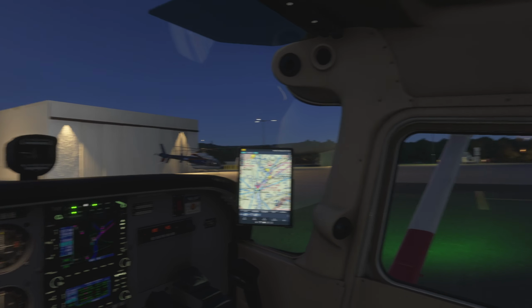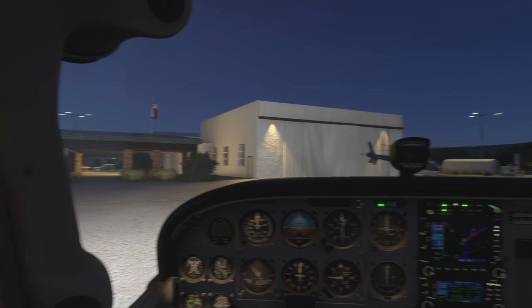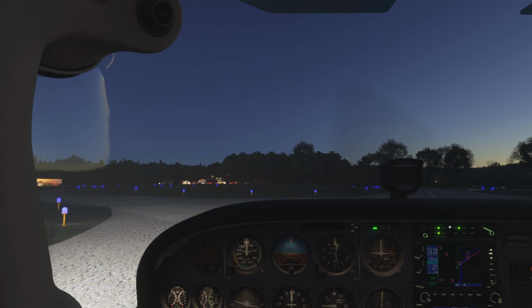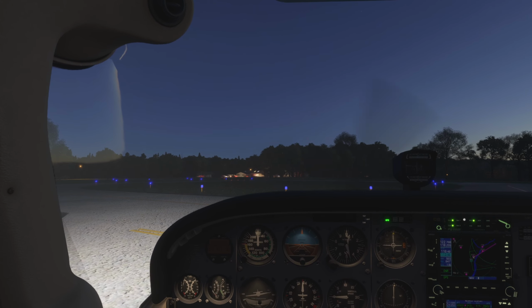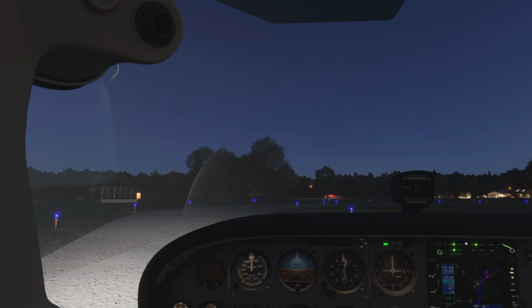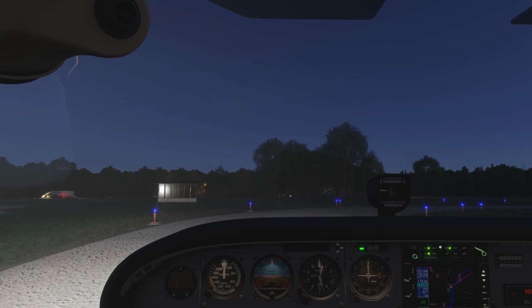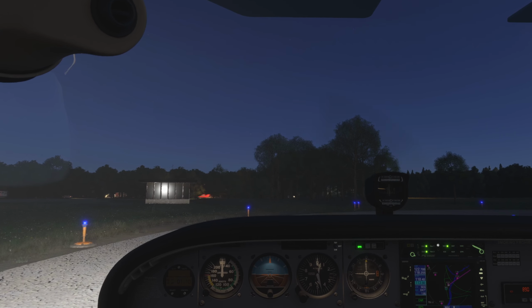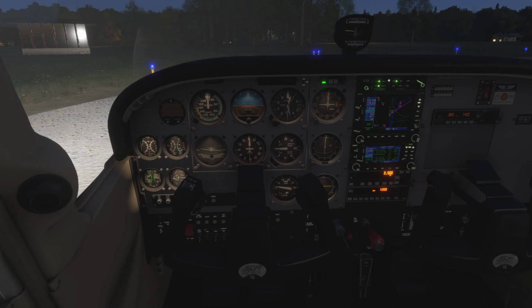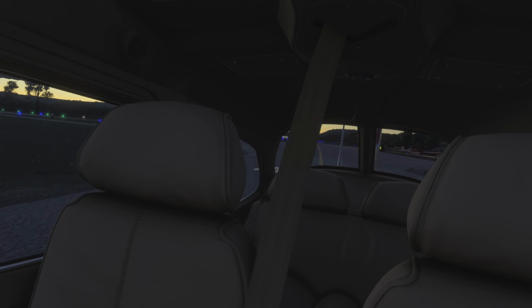And taxiing at night, I find, is very challenging. Now, it's not terribly dark right now, but when it is terribly dark, usually the airport is not very well lit once you get away from the buildings. So you need to find the taxi line in your taxi light and stick to it. If you follow the taxi line, then you're not going to hit anything. So it's important to remain on center line with the taxi line. Now, we do have some taxi lights at this airport, which helps us see where the taxiway is, which is nice. So we'll stop here at the hold short, get the mixture into full rich,